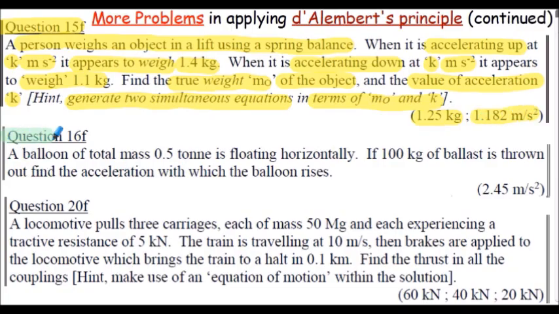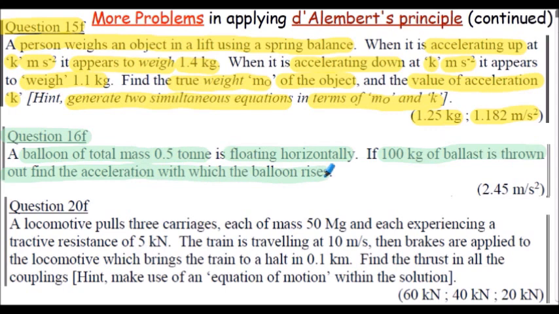Question 16F. A balloon of total mass 0.5 tons is floating horizontally. In other words, that means it's in steady level flight, so it's not accelerating, and Newton's first law applies. If a 100 kilogram ballast is thrown from the balloon, we've got to calculate the acceleration with which the balloon